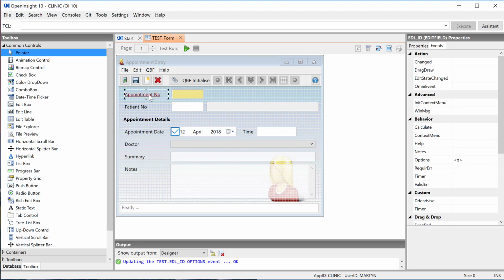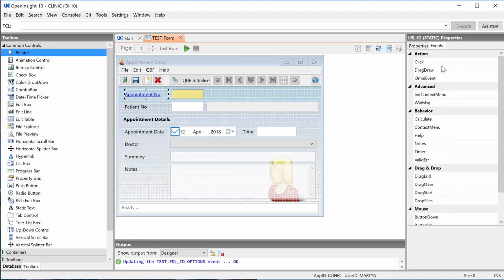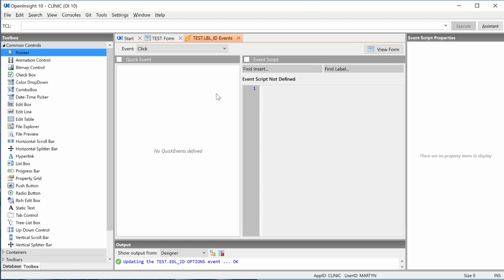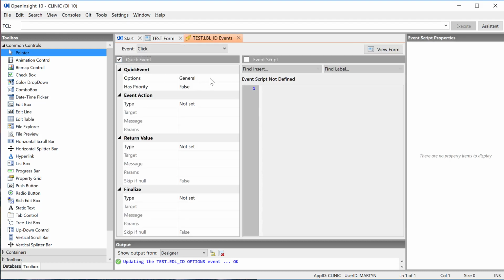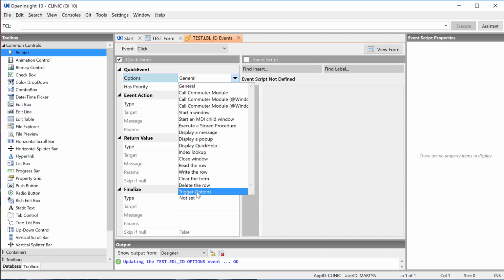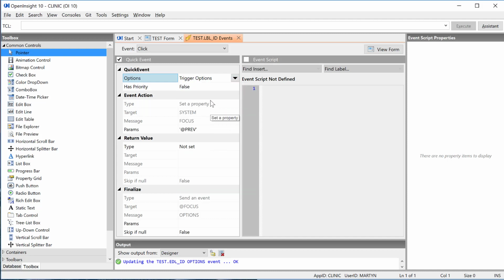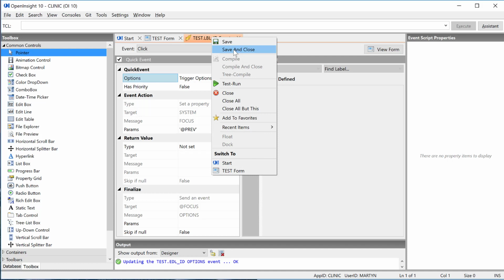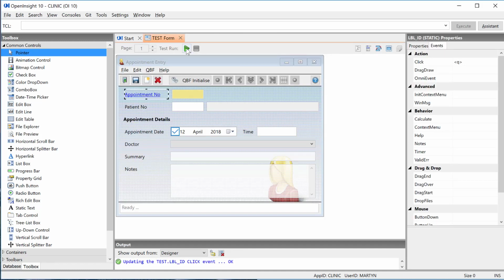And the next thing we want to do for our label is to call that event. So on the click event, again we'll turn on the quick events, and this time we'll select a new one which is trigger options. And in trigger options we can leave everything in here as the default. So the event is to get the focus on the previous control. There's nothing to return, but what we want to do is to send the options event and fire that off. So we will save and close, and then if we test run,